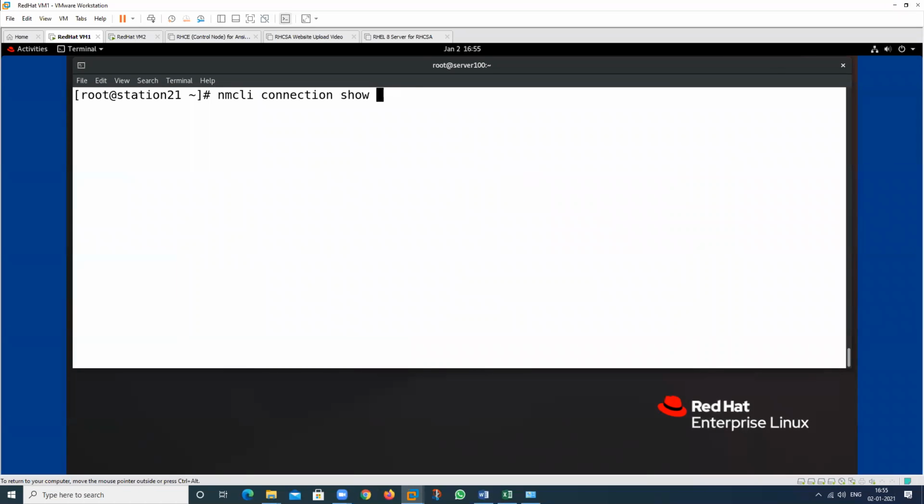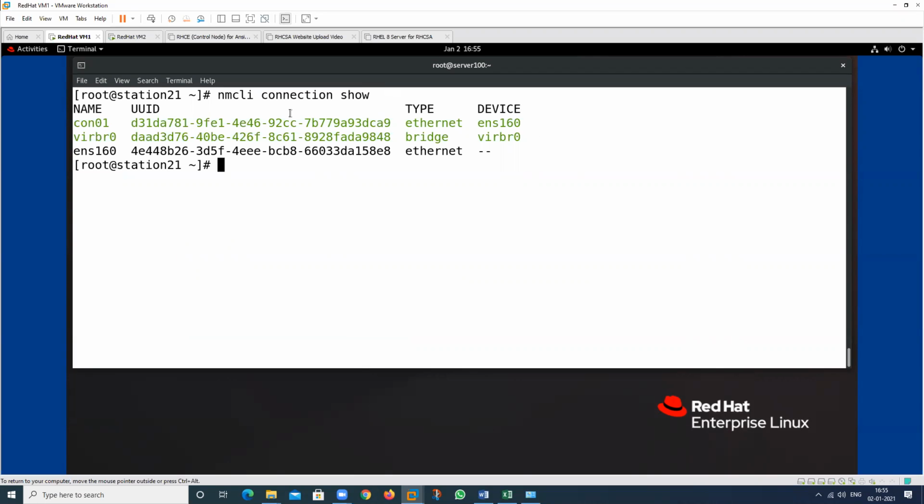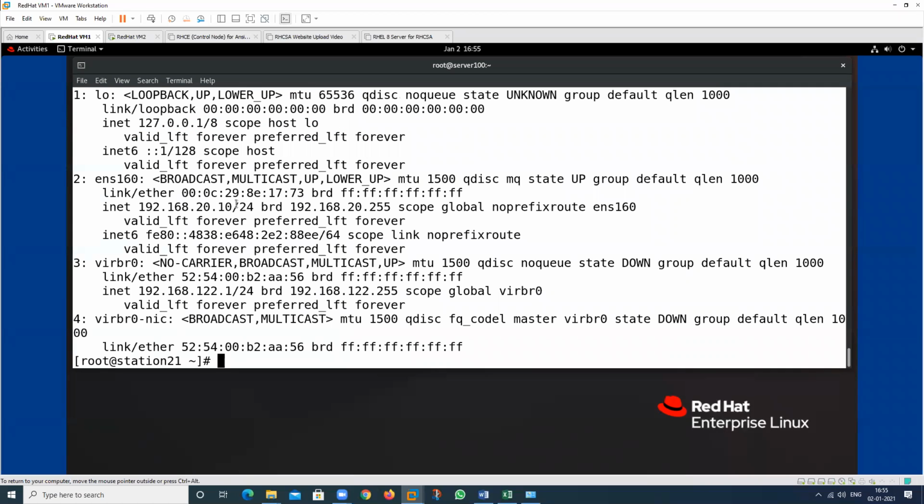I want to check all the connections that are available. So this is my con1, that is active at this time, and I want to check my IP address. So what is the IP address of my machine? This one. If I want to check the MAC address, this is the MAC address of this particular machine, but